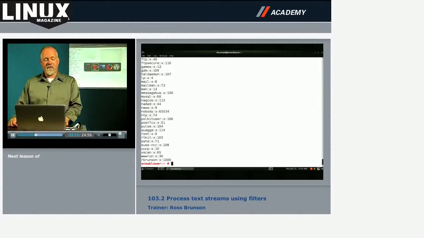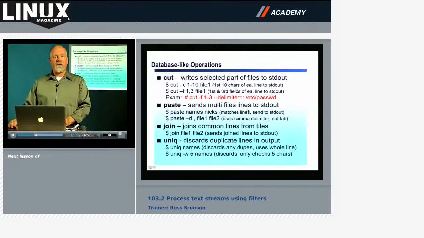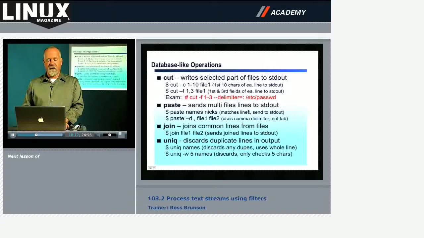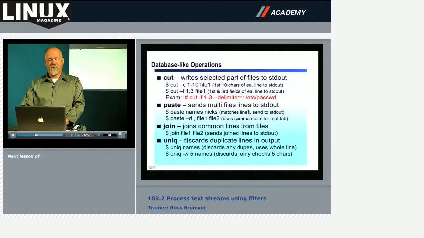So you'll find that the cut command is extremely useful. The paste command is pretty straightforward. It takes the output from one file, merges it with another file, and then puts that to standard output. Now, one of the things that you need to think about is, do I have the right kind of files